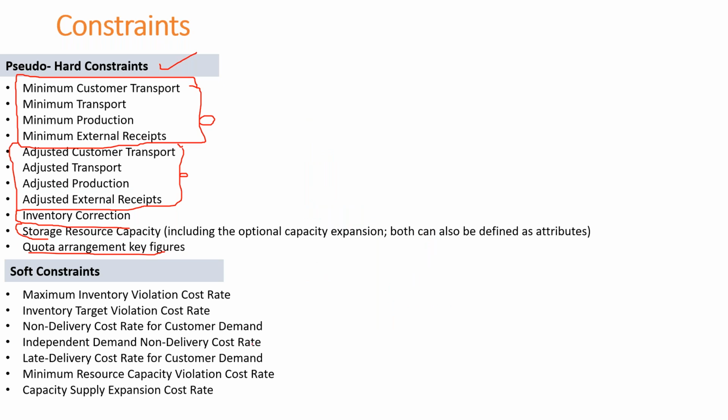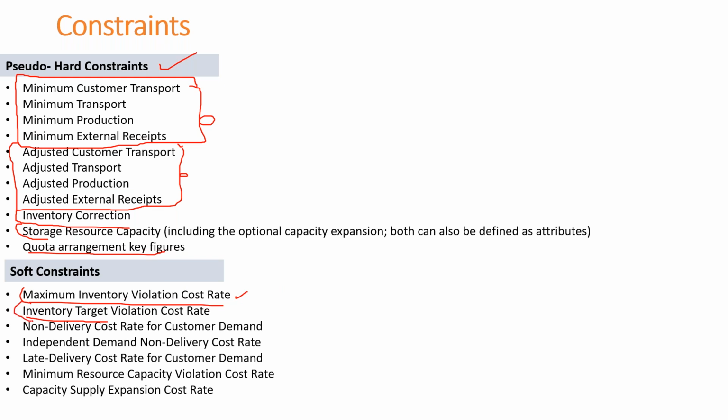Then the soft constraints, so like all different costs, violation cost, maximum inventory violation cost, right? This is where you will set a maximum inventory, that my warehouse cannot hold more than 10,000 units for a particular product in this particular time bucket. If the demands are so high, if the non-deliveries are so high, system might do some inventory projections on that warehouse. But if you maintain a very high violation cost rate, then system will respect the maximum inventory condition.